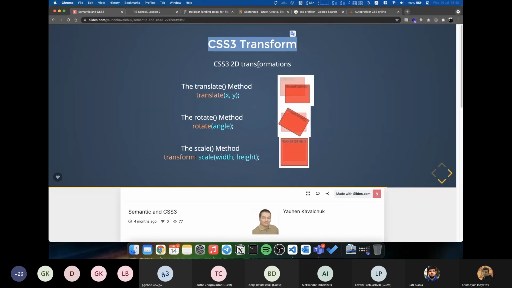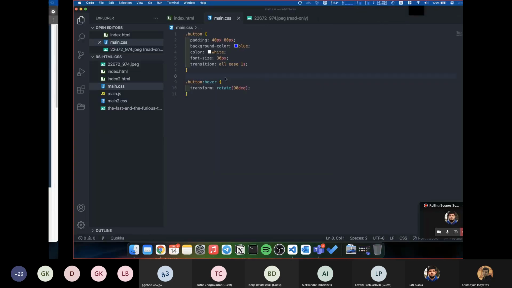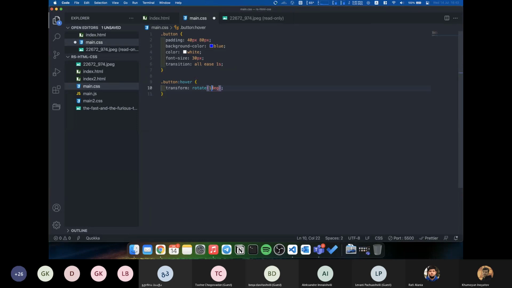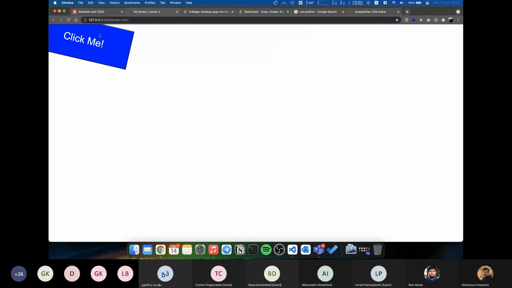CSS3 and CSS2 transforms, you can reach some kind of cool results. For example, you can rotate, you can scale, you can scale it here, for example, like this. As you can see,